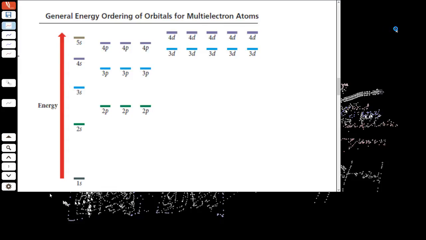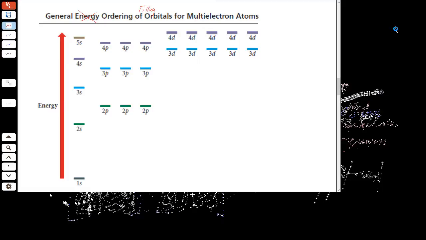So here's where I'm going to make some corrections. It is true that this is a general ordering, and that works okay. It's not really based on energy once you get up near the top. And it only really works when we talk about filling orbitals with electrons. Once the electrons are in there, it's not quite true, which is why I have a little bit of a problem with this diagram. But the fact is that it's helpful,